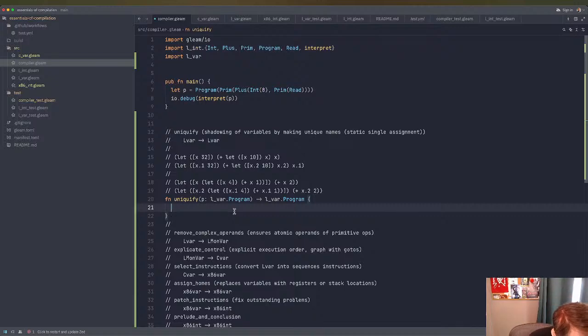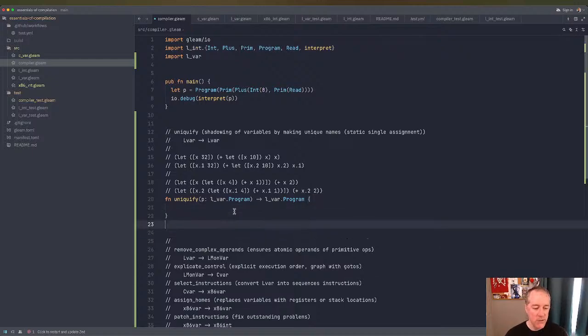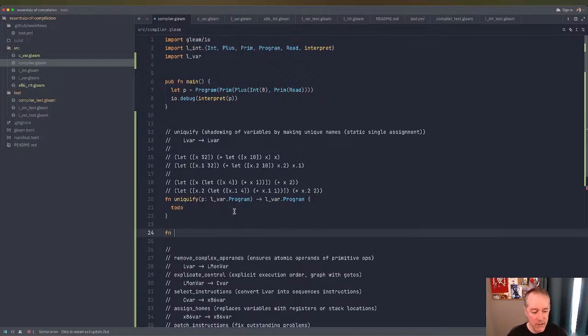However, when encountering a let, it should generate a unique name for the variable and associate the old name with the new name in an association list. The uniquify exp function needs to access this association list when it gets to a variable reference. So we'll add a parameter to uniquify expression for the A list. Okay, so we'll put a to do in there. We'll figure out what this looks like, uniquify exp, and based on their thing,